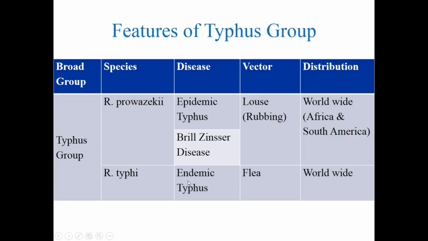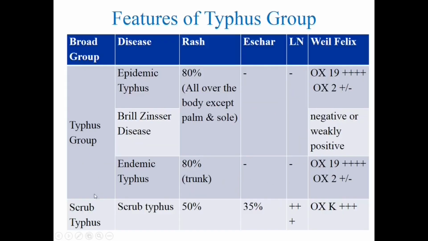But if it's endemic, endemic means it is located only in one place. You can flee to another place. You can remember it like that. Endemic typhus is transmitted by a flea. Endemic is located only to one geographical area. So if you want to remember which is the arthropod, you can run away from there, you can flee. That's how we used to remember. The organism which causes epidemic typhus is Rickettsia prowazekii, and the one which causes endemic typhus, which is transmitted by flea, is Rickettsia typhi. And we have another one which I didn't include in the first table, scrub typhus. Scrub typhus is caused by Orientia tsutsugamushi. Please remember, scrub typhus is caused by a